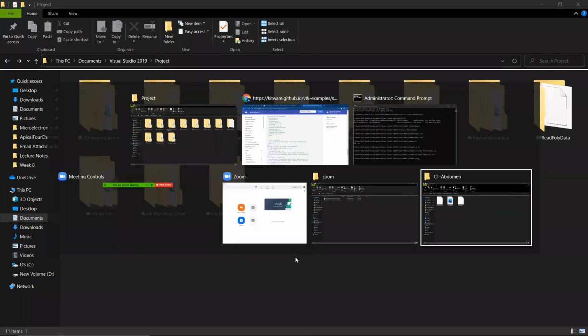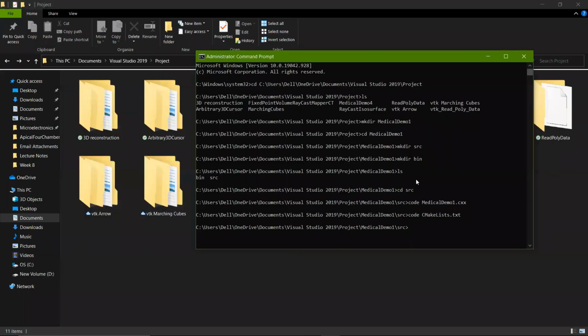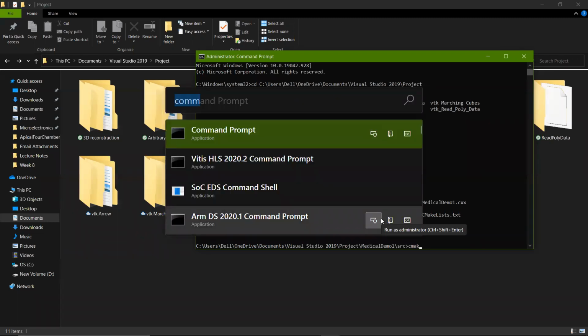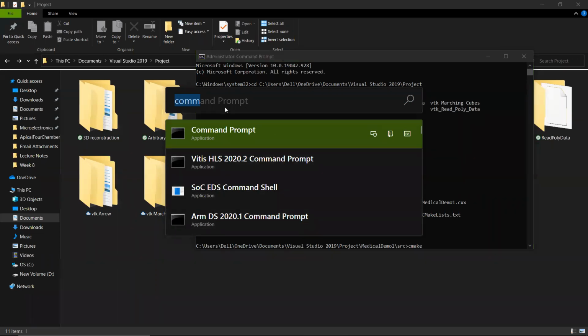In the command prompt, remember you need to create those source files inside the source directory. So ls, now you can see these two files have been created. Now we have to actually build the binaries for our project inside the binary directory, that is the bin directory. We can directly build binaries using CMake in the command prompt, but using CMake GUI will be better because it would give many options.